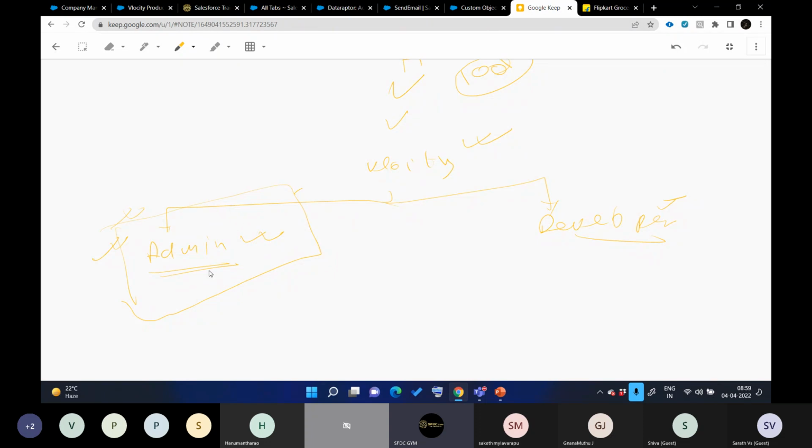For that, the developer role gets started. What developers will do is tune the functionality with the help of their coding. That means, let's say they have created an Apex class, and that Apex class is, let's say, calculating the age.